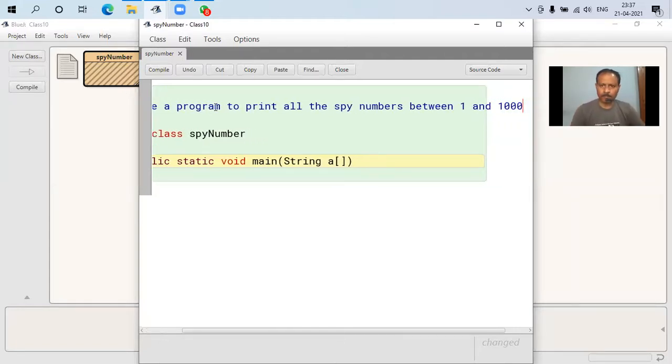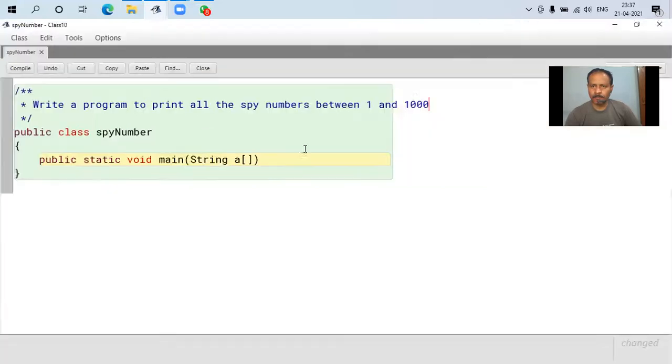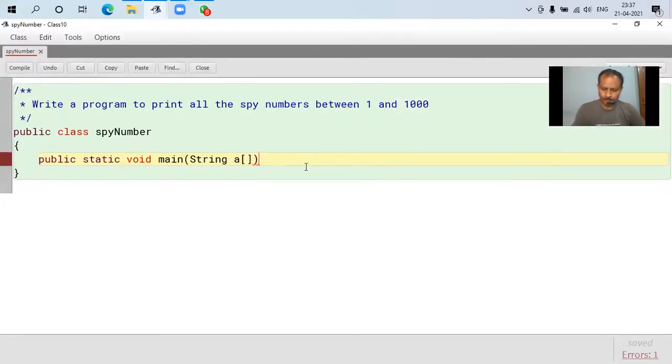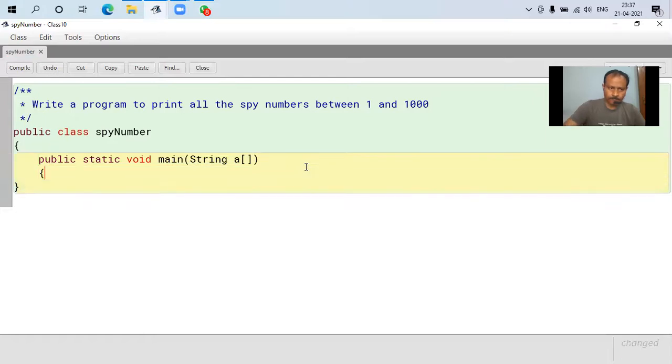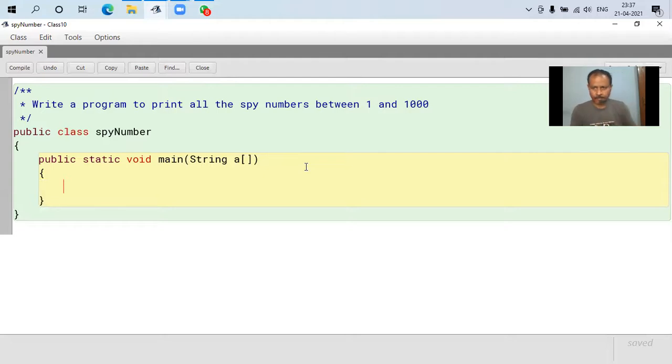Thousand. That was the program actually. So what we need is a loop.